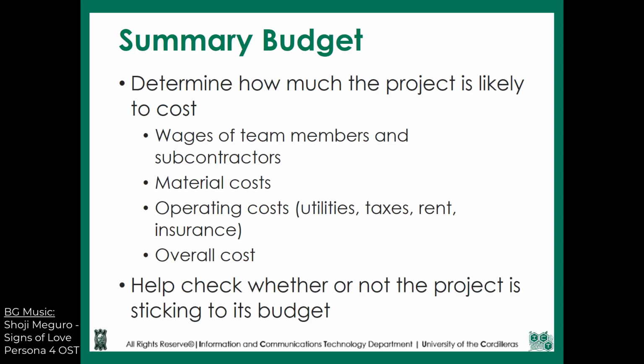Next one is the summary budget. So this is more on the financial resources. You'll have to determine how much the project is likely to cost. For this one, it doesn't have to be a specific type of cost. You'll have to first determine, of course, what are the things that you'll be needing. Like, for example, wages of team members and subcontractors, material costs, operating costs, and then afterwards, you're going to know